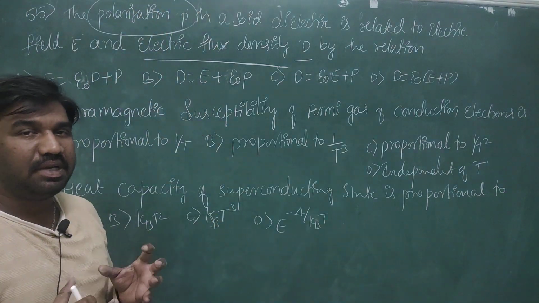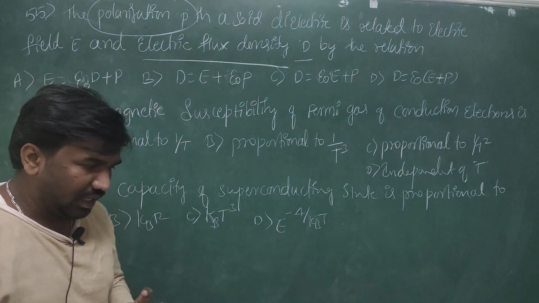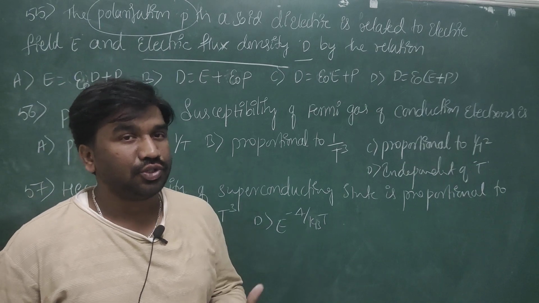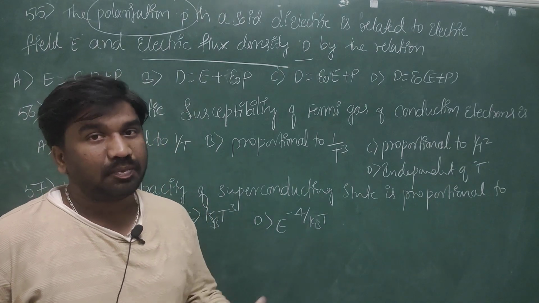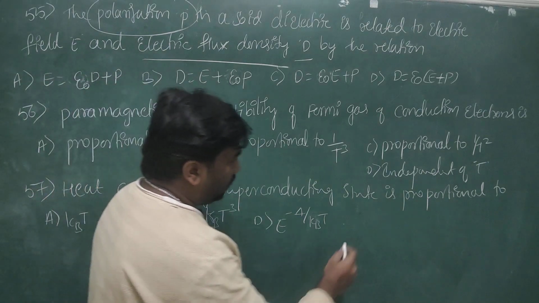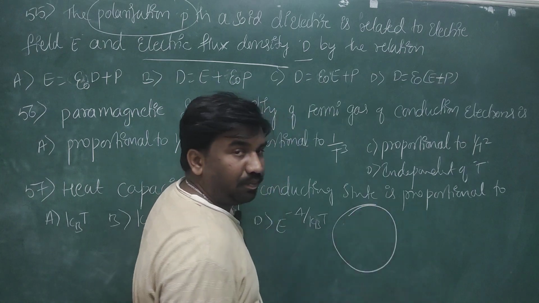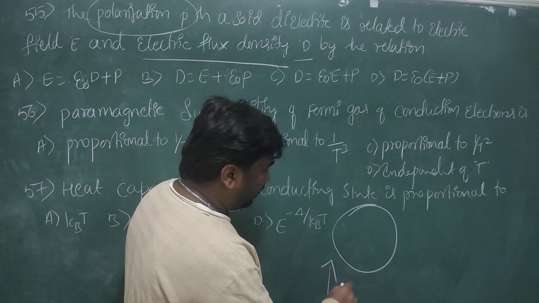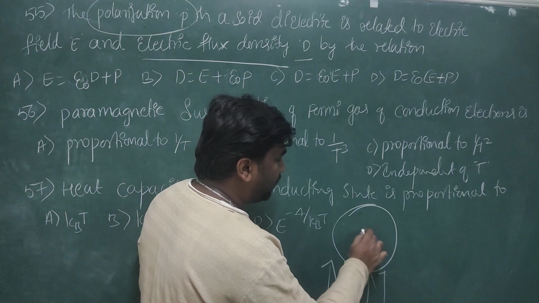If a dielectric material is placed in an external uniform electrostatic field, a net dipole moment is induced in the dielectric material, and this process is called polarization. If a dielectric material is placed in an external electrostatic field, a polarization P is created,